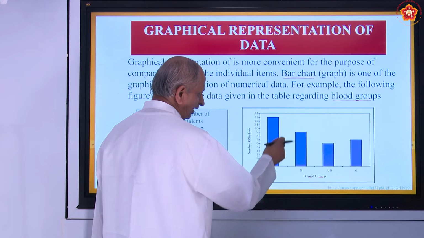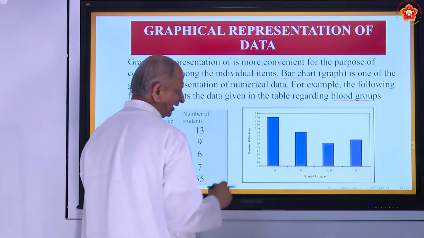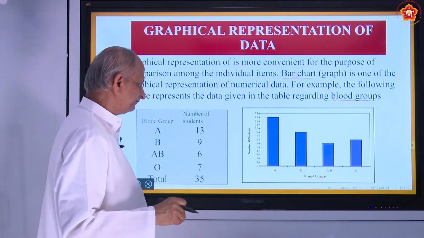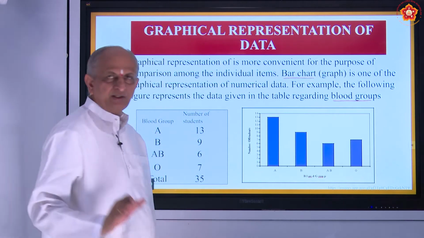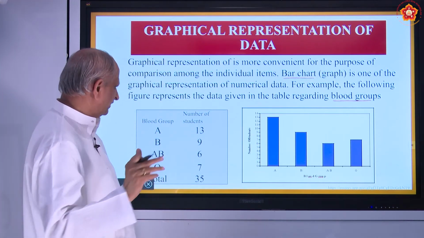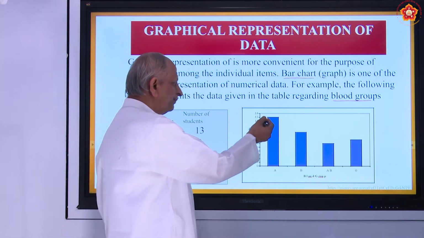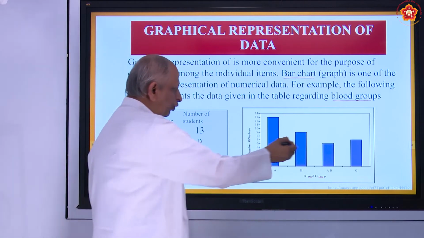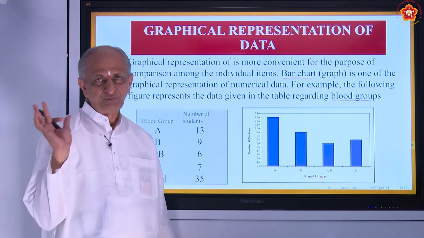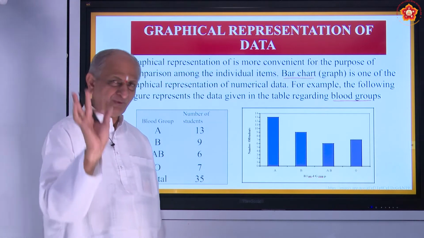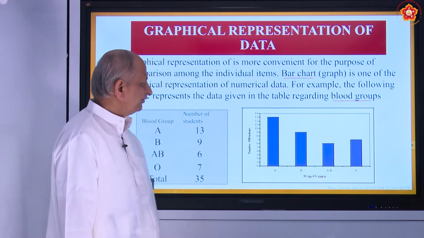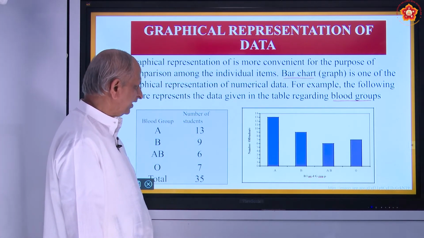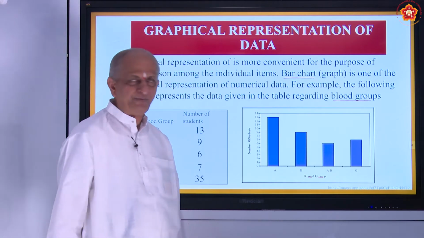may be about, this is a rectangle, I think all of you know it, rectangle. This is the length and this is the breadth. The breadth is the size of the class interval. And what does this show? By this graph you can make out that students having blood group A are the highest, and students having AB group are the lowest. The graph itself shows. It's a very beautiful way of presenting figures or facts or numerical data. Okay, so that is how it is very helpful.